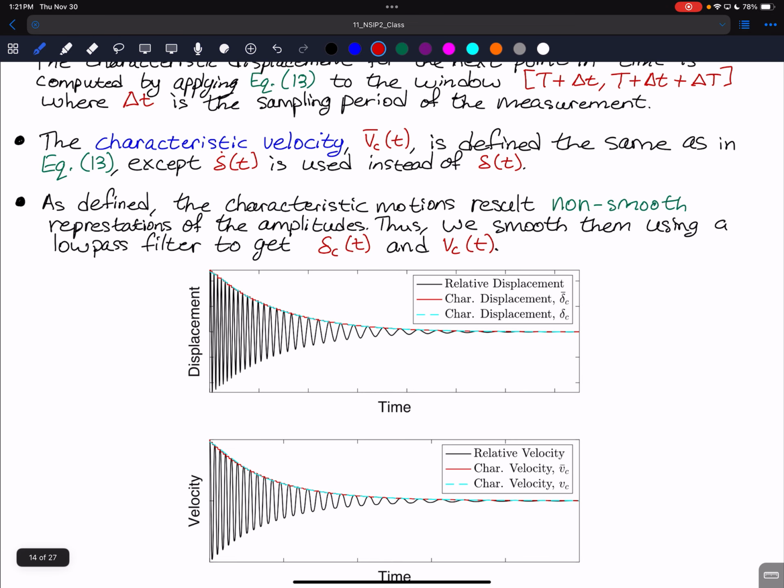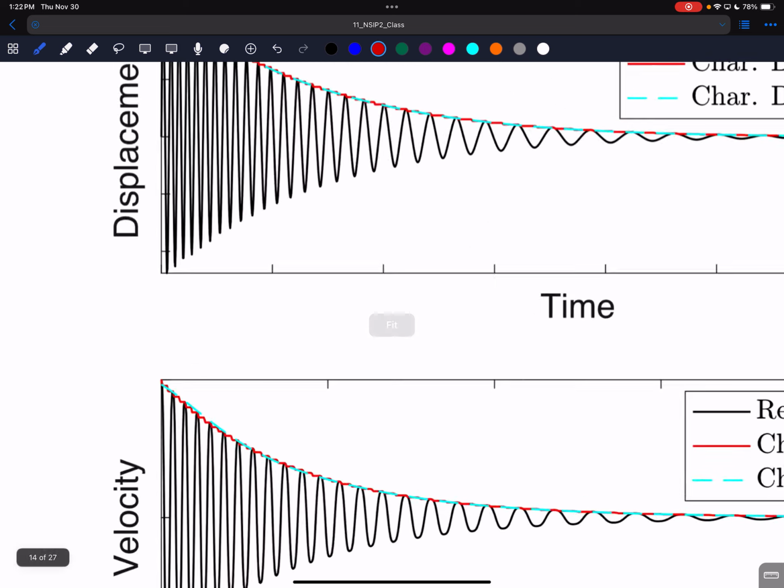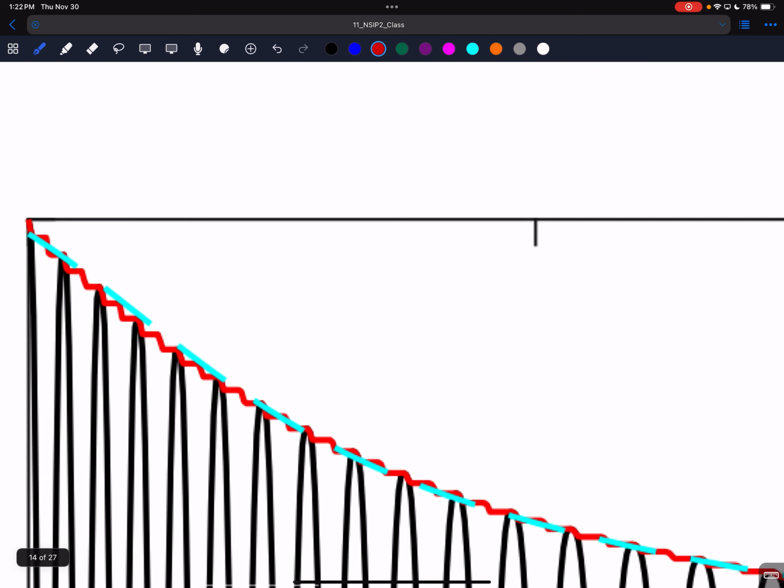All right, so here are two examples, which I'm going to zoom in on in a moment, and hopefully you'll be able to see. I'll zoom in on the velocity. It looks easier to see there. So on the top is relative displacement. Beneath that is relative velocity in black. And then on top of that, we're showing in red the characteristic velocity and displacement as we just defined it, which results in a non-smooth response,